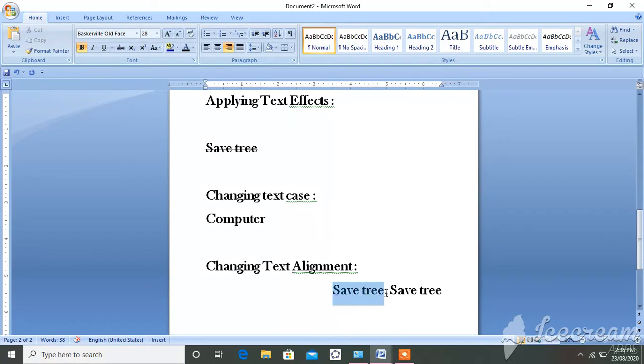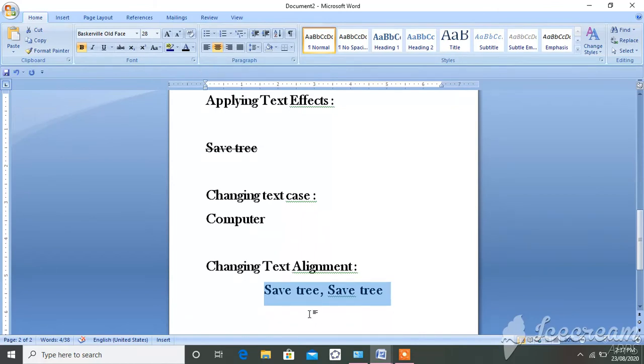Then center, again select this, click on center. The full text will display in the center. This is called the center alignment. And justified means its starting and ending are the same in a line, so that is called justified. So in this way you can change the text alignment.